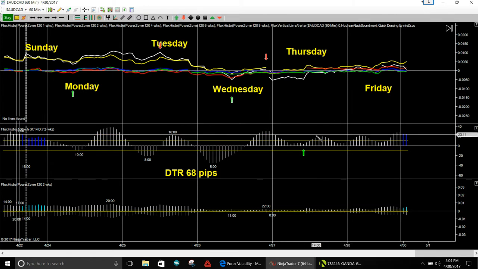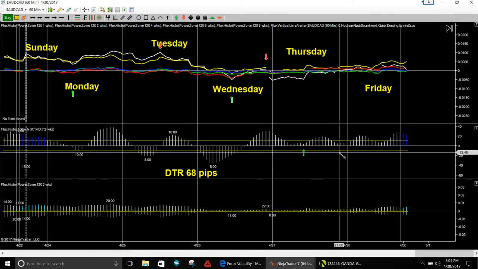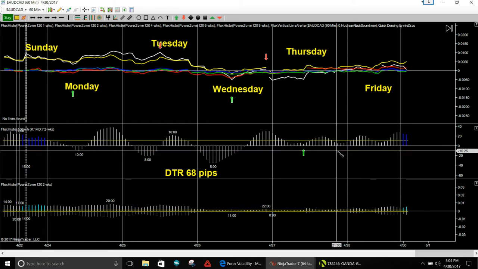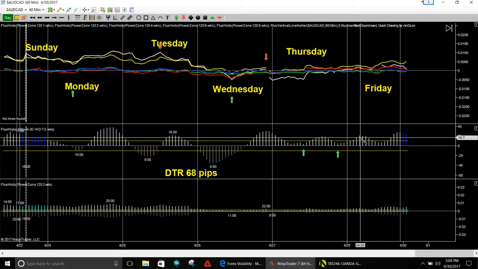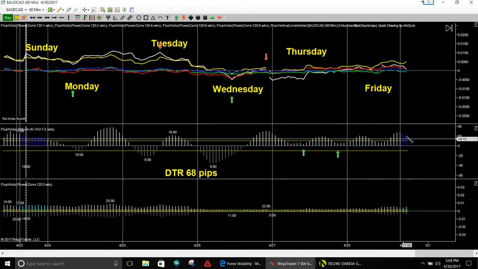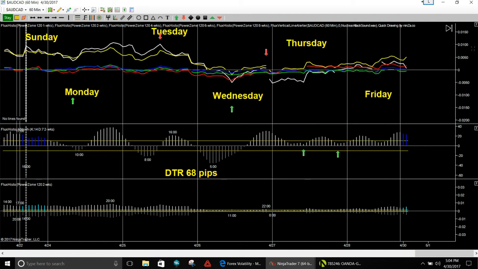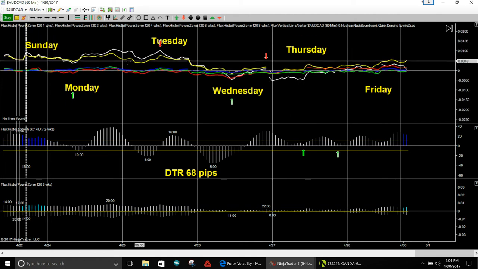Then it goes up, and then it comes right back down, and then it tries to go up. This is a smaller bar here at 2100, but it's really not doing much. And then it goes up. This is sideways movement, traders. So the best opportunities are going to be